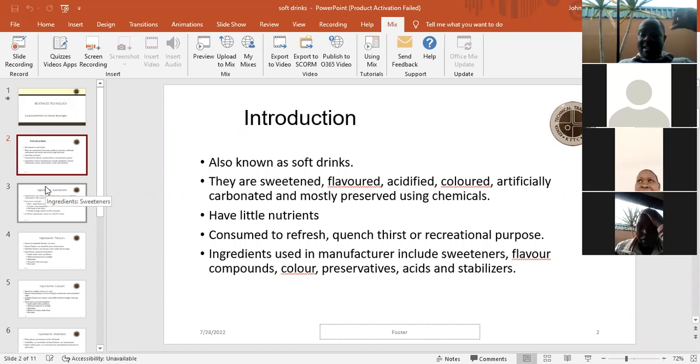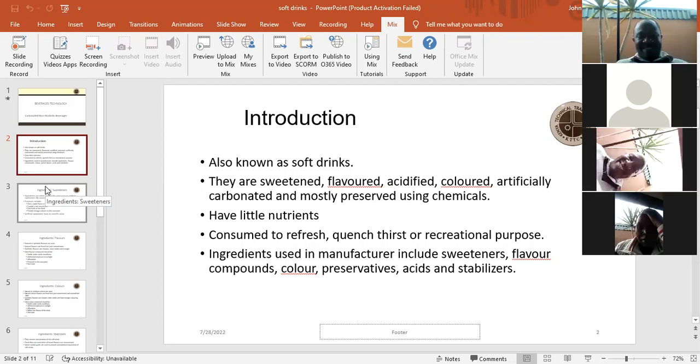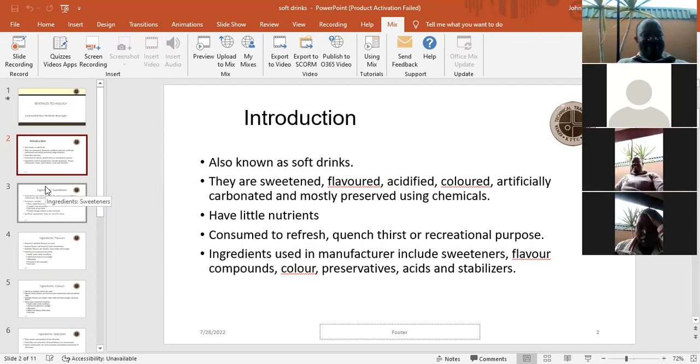Can we get from Lydia? Lydia? Lydia seems not to be connected to the audio. Can we have Celestine? It also seems that it's still connecting. But in the meantime, because they seem to have a challenge with the network, we can also say that